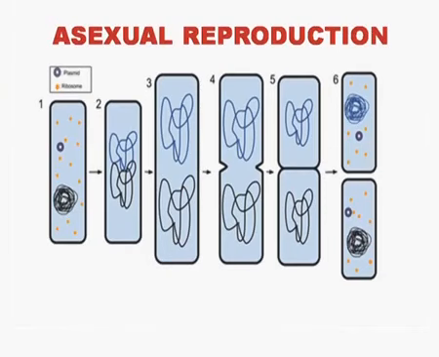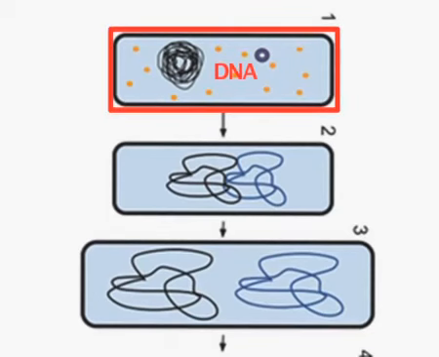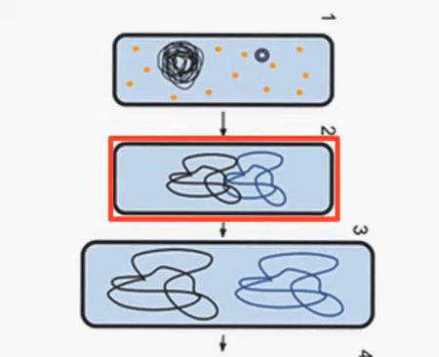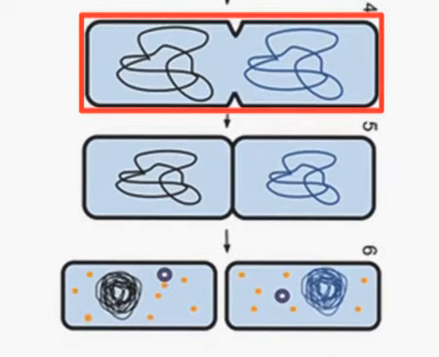As you can see in the figure, the asexual method of reproduction takes place by binary fission. The DNA, as you can see here, replicates first, and as the DNA is replicating, the bacterial cell starts growing and enlarges in size. And once the DNA replication is complete, the two DNA move to the two opposite poles